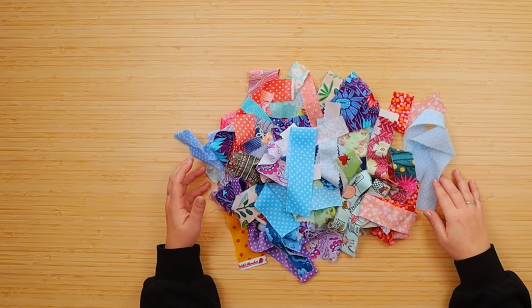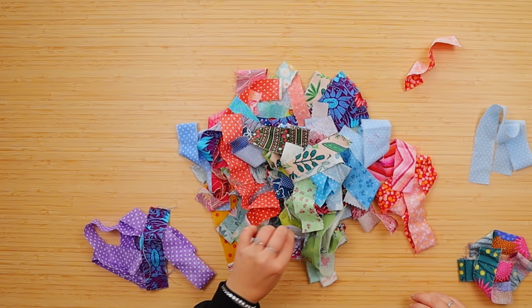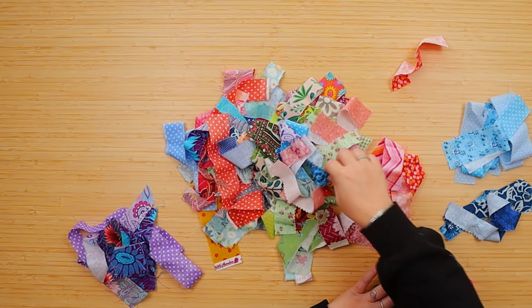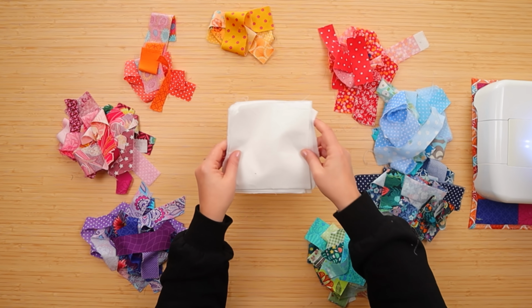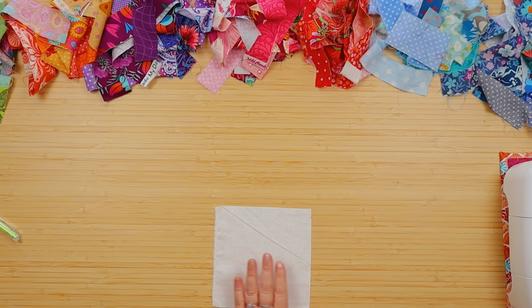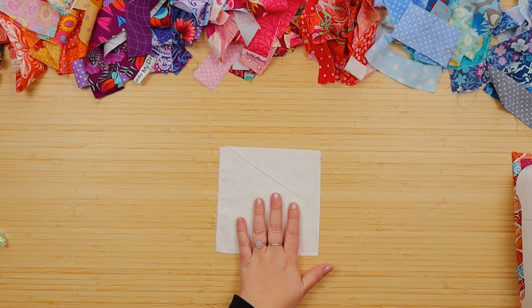Each block we're making is a corner for a larger pattern, so we will need at least 4 of them. Next, we need to decide if we want mixed colors or just values of the same color per block. And of course, you can do this in any size you want. Let's get started. Now, there are a couple of ways you can sew your first strip on that base